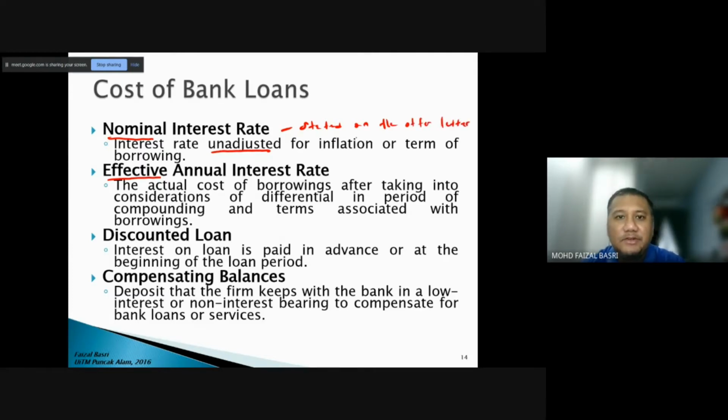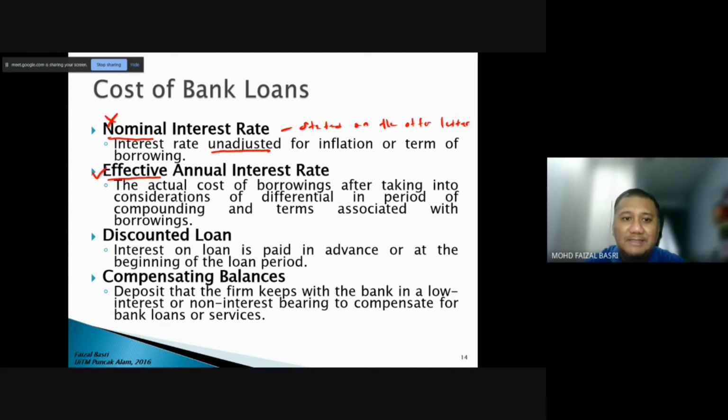Okay, this is based on the one that the bank declares. You want to borrow from us, you're going to be charged 3% per annum. So that will be our nominal interest rate. But if you want to make a comparison between multiple banks, let's say you apply to many banks and you want to compare, we cannot compare using nominal because every loan may have different terms and conditions. So therefore, in order to make a comparison, the best way to do is to look at the effective interest